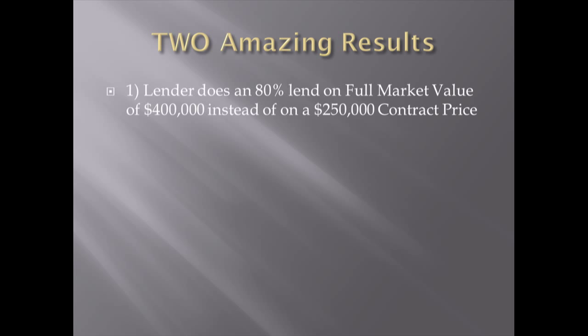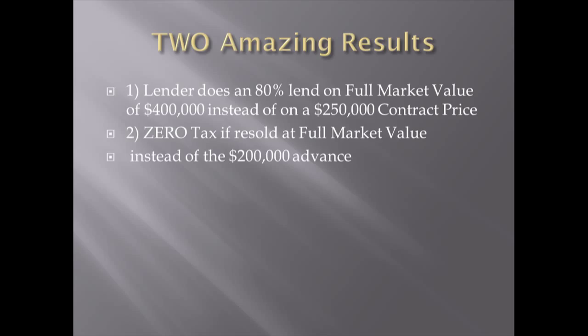The first is the lender doing the 80% loan on the 400 grand instead of the 250 grand. And the second amazing benefit, there's zero tax if you resell the property at the full market value, that is the 400 grand. Means you've made, on this particular deal, the 150 grand profit,